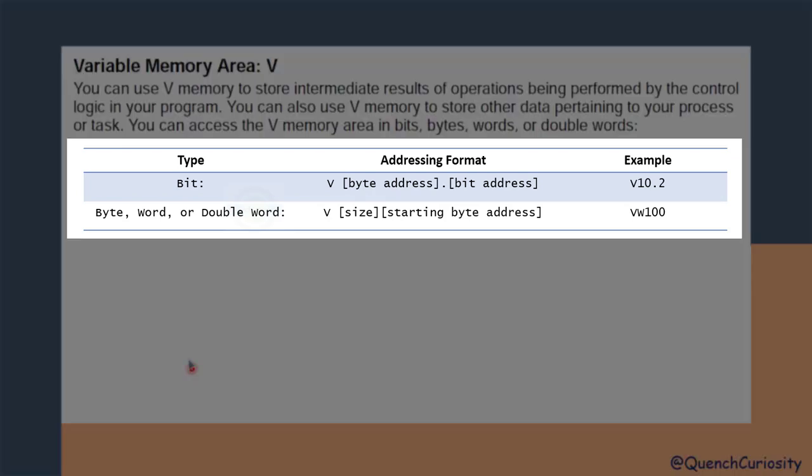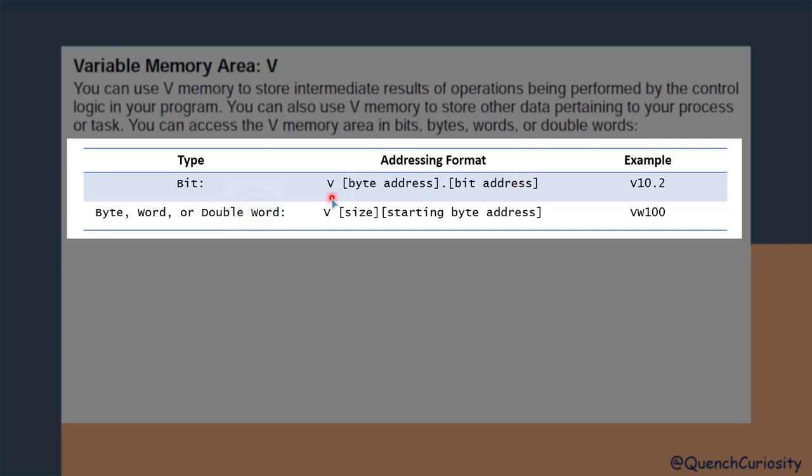In the below table, you can see for bit address, the addressing format is file letter V followed by byte address, dot, then bit address. This is similar to our input and output addressing type. However, the file letter changes.